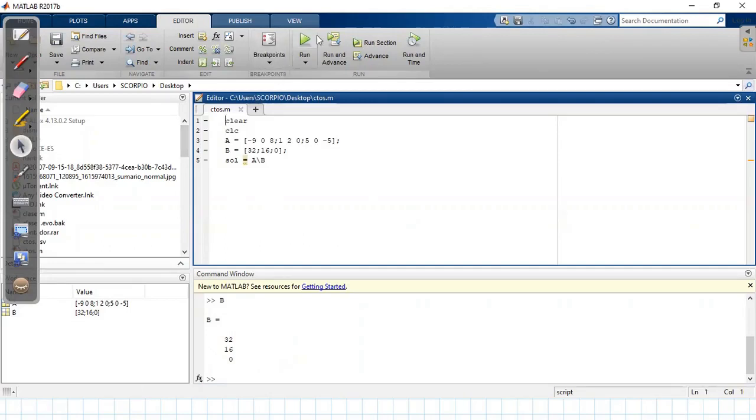Now, in this second one you ask me, 40. 40 is B1 over 8. 40 is